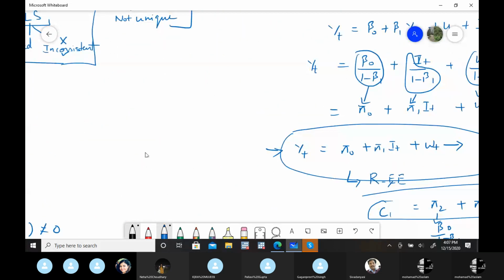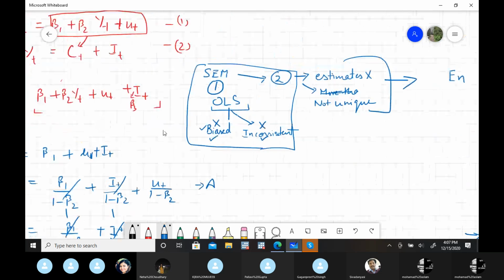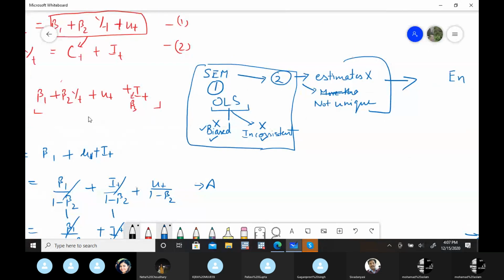इन दोनों में से मुझे ये बताओ, इसका बेनिफिट क्या होगा इस रिड्यूस्ड फॉर्म ऑफ इक्वेशंस का? If we run a regression on these equations, what will be the benefit in comparison to run regression on this particular equation? Means, is there any advantage to convert an equation into reduced form of equation?